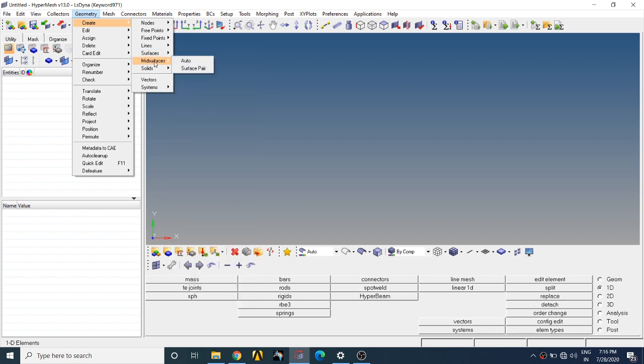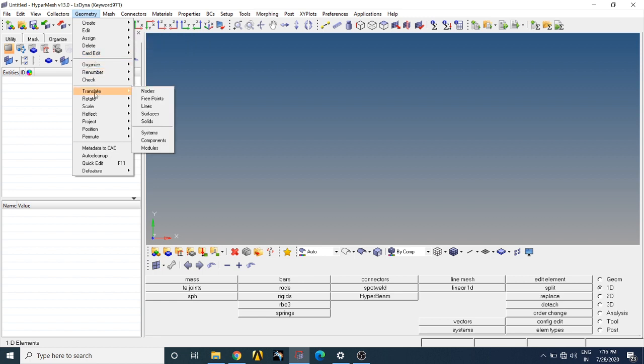Suppose you want to create a mid surface of a sheet metal plate, you can use this Mid Surface option. You can create it by using either Auto or Surface Pair. Like this, the Geometry menu has these many options. We will discuss and use them thoroughly during the modeling session.